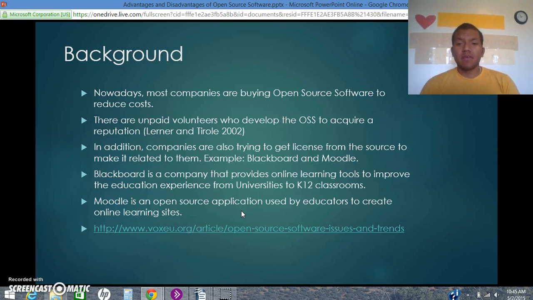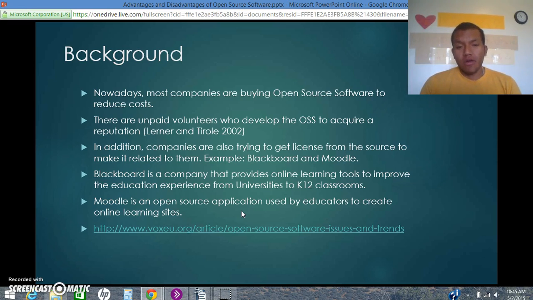Background. Nowadays, most companies are buying open source software to reduce their costs due to the fact that most open source software is free and people can get it through the internet.